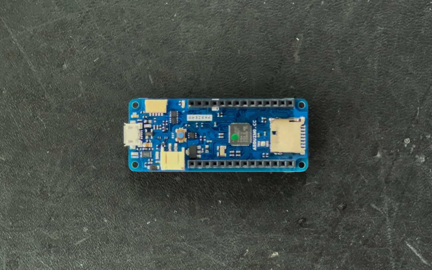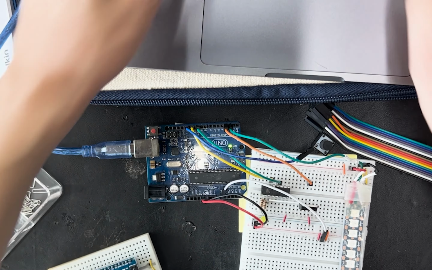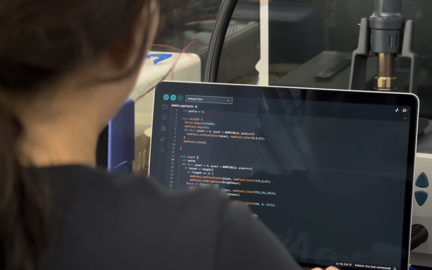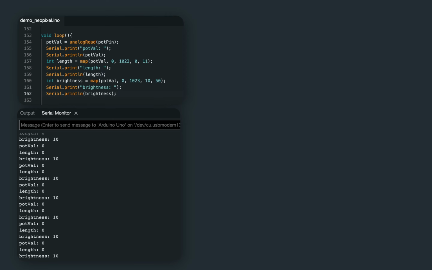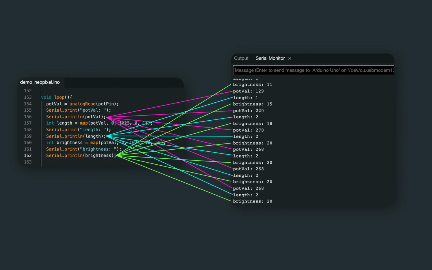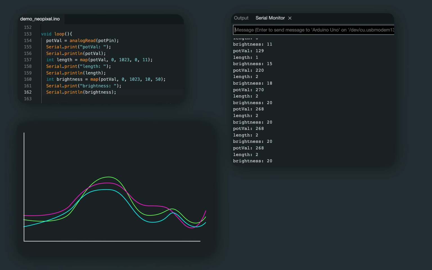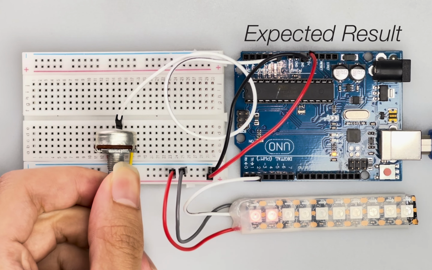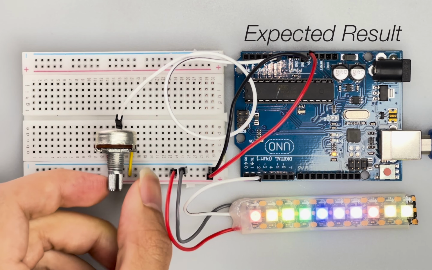Open source electronic platforms allow us inventors and tinkerers to build quickly, revise frequently, and explore widely. Serial print is a common method to help users understand and debug the code. However, it is hard for the users to link the variables to their output and to visualize and inspect their code. Let's say that I'm building a circuit that uses a potentiometer to control the NeoPixel strip, like this.